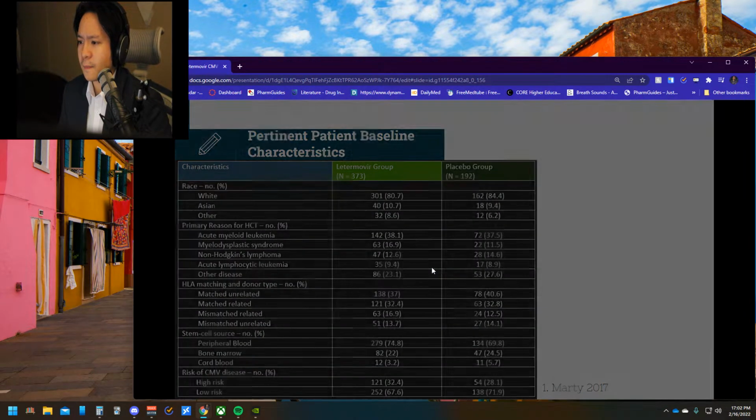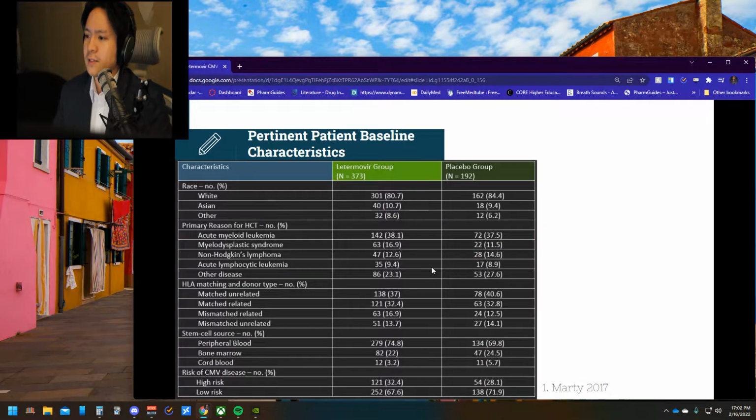Okay, and then when we look at the patient baseline characteristics here, more than 80% are Caucasian in both groups, letermovir and placebo. Others are Asian, but only at 10%. And there are primary reasons for HCT. Leukemia and lymphoma are some of the reasons I mentioned before, but there are other malignant conditions that patients have as a reason for HCT. HLA matching is relevant, because if patients are receiving mismatched HLA,